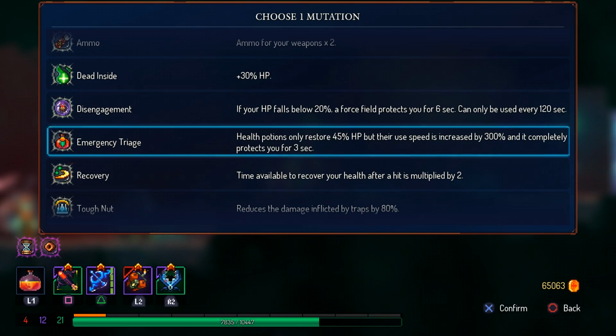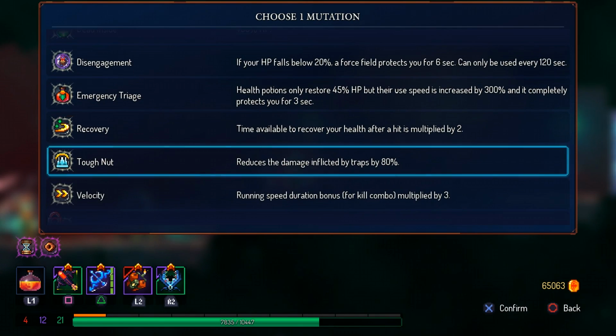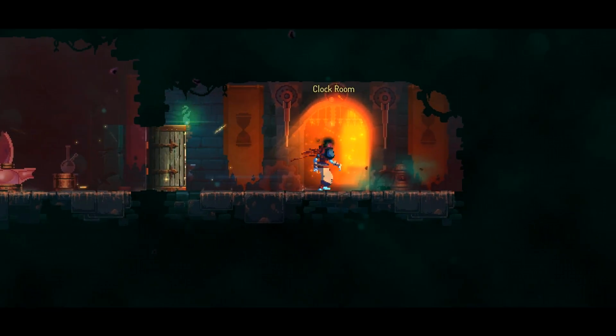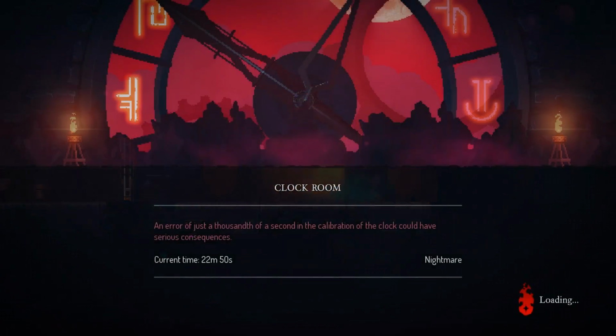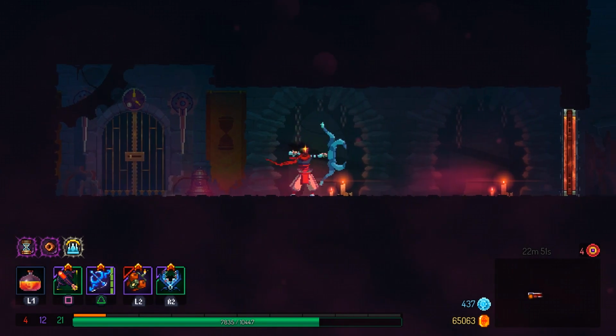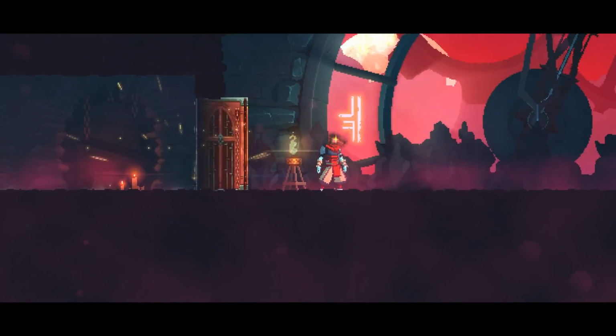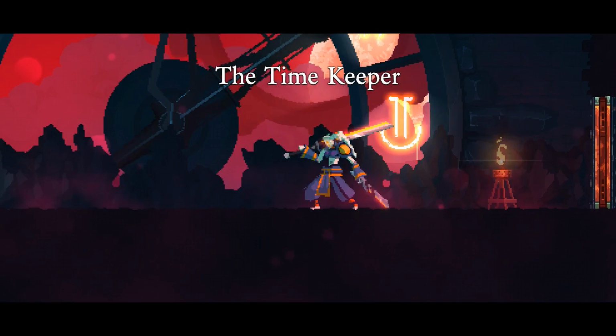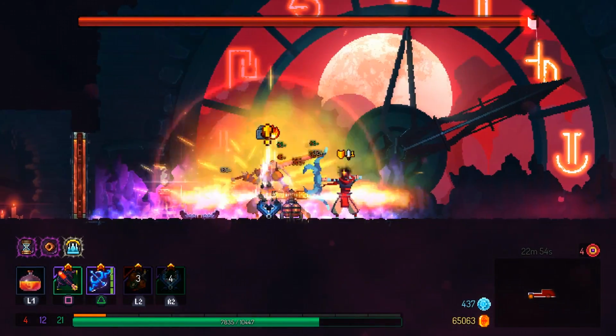Anything else that I really want here? Let's just go Tough Nut, just to make sure that I don't die stupidly to a trap. I highly doubt it, but this is a run that's going to function like that. Shoot open that just because I like doing that. You can open the door normally, but that's just my preference because I think it looks cool. Anyway, like I said,